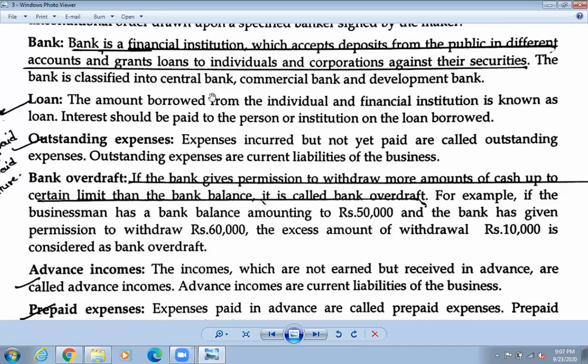Okay, जुन चाहिँ पैसा जुन borrow गरेको छौ तिमीले बाँकी लिएको छौ, so that is called loan. And what should also be paid? Interest should be paid. That means थप पैसा तिर्नु पर्ने हुन्छ. If you are taking 1 lakh rupees, 2,000, 3,000, 5,000, okay, according to the interest rate, you need to pay extra amount, okay, to the person with whom you have borrowed. Okay, it is to be paid to the person or institution on the loan borrowed. कोसँग पैसा लिएको छौ हो त्यो पैसा मान्छेलाई तिर्नु पर्ने हुन्छ. 1 लाख त तिरो अझै थप पैसा पनि तिर्नु पर्ने हुन्छ if you are taking the loan.